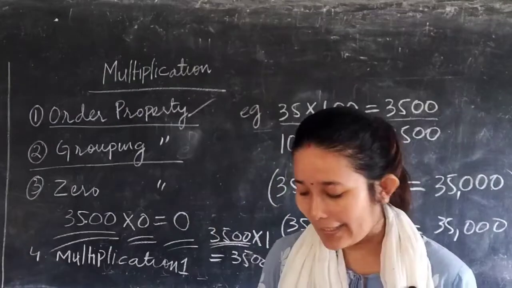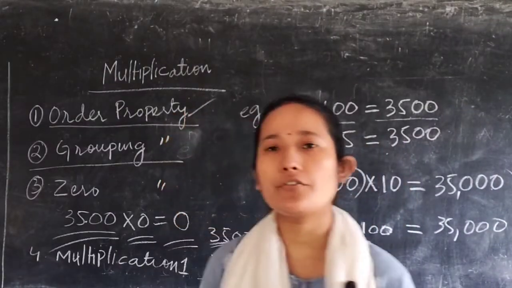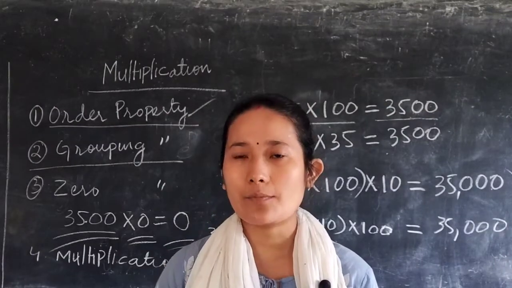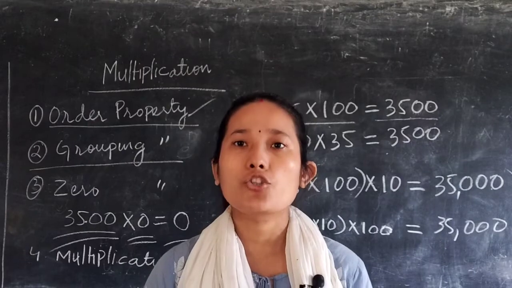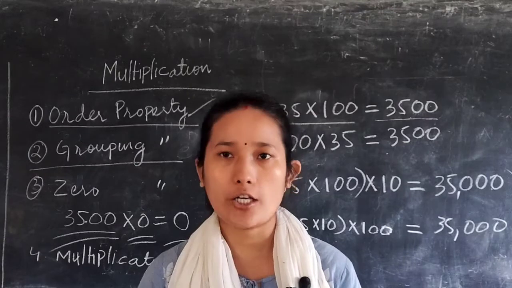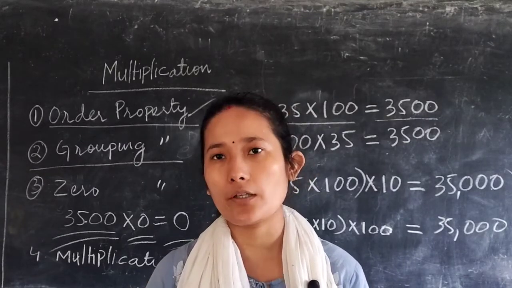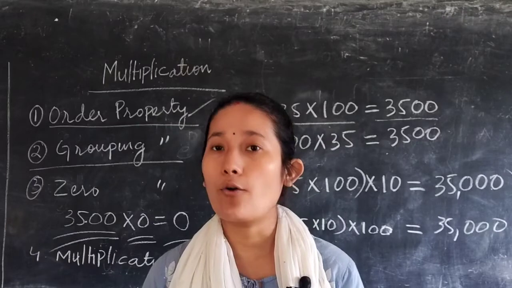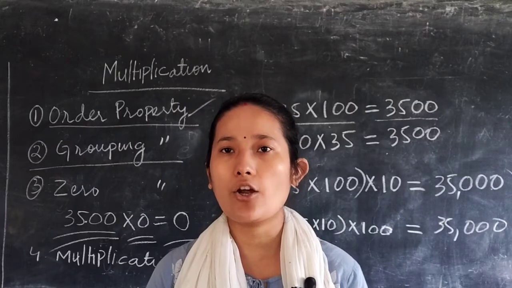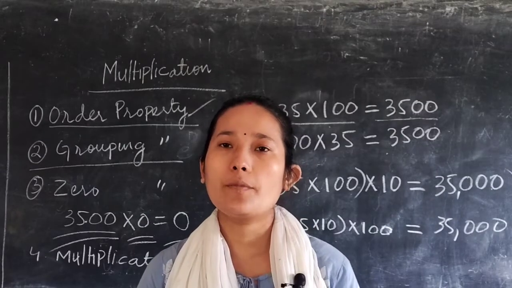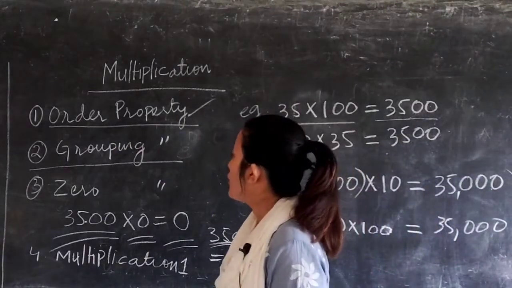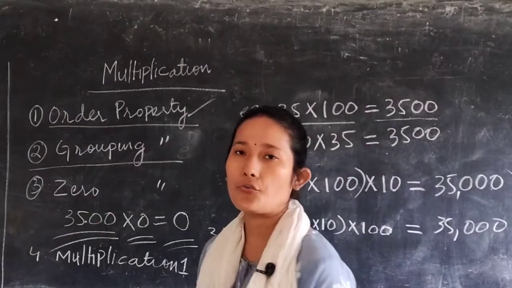Okay. And the fifth property is product of even and odd. Product means multiplication, just like addition means sum, subtraction means difference, product means multiplication. So if you multiply 2 odd numbers, the answer would be odd number only, and if you multiply any 2 even numbers, the answer would be even number only. I hope you know the difference between odd number and even number, right? Odd means the one which cannot be divided by 2, and even means the one which can be easily divided by 2. Okay, so I hope you understood the properties of multiplication.